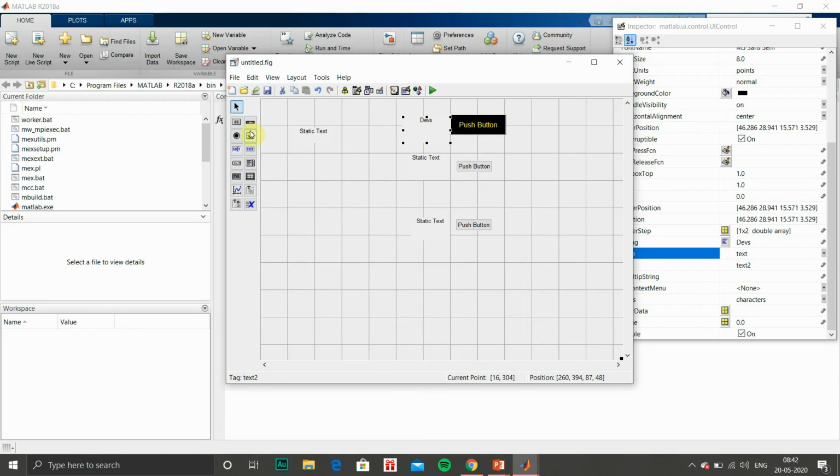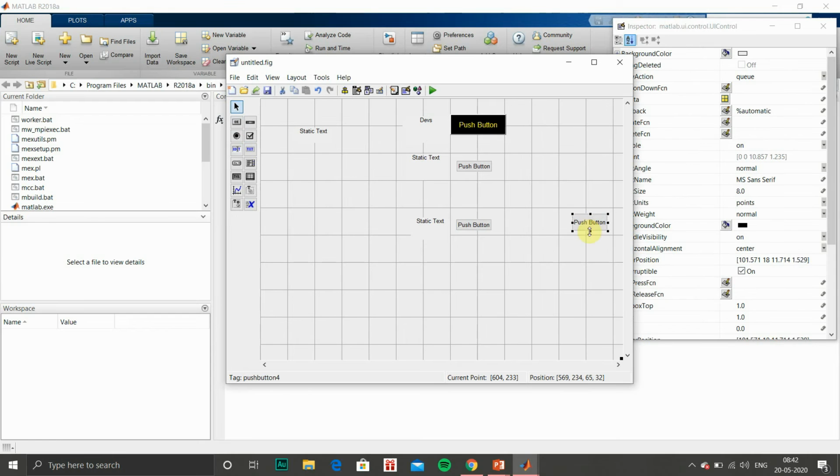Similarly, we have to do some calculation. We have to take another push button for displaying the result, and these push buttons are for our ministers or whichever elections we have to do.